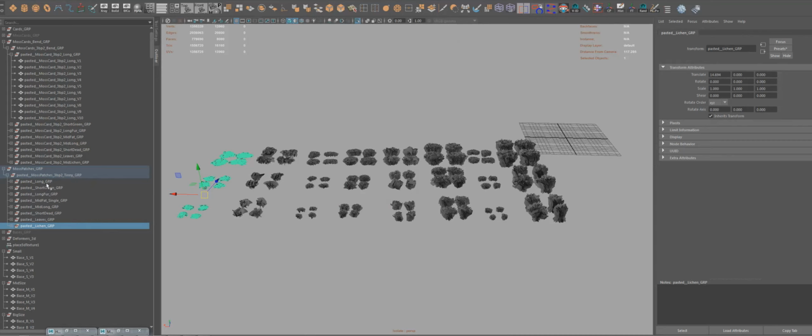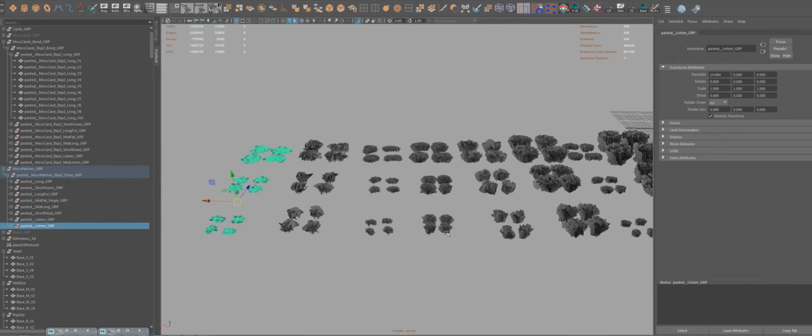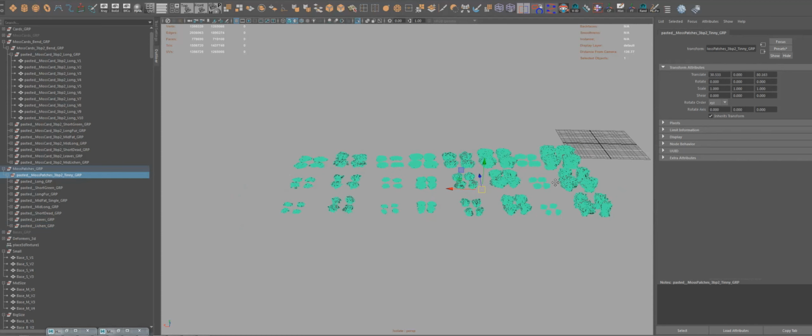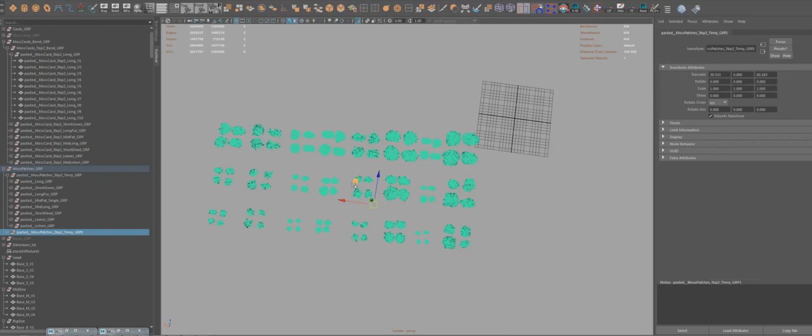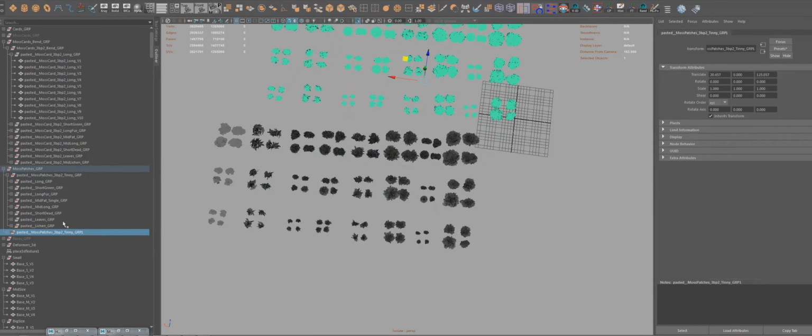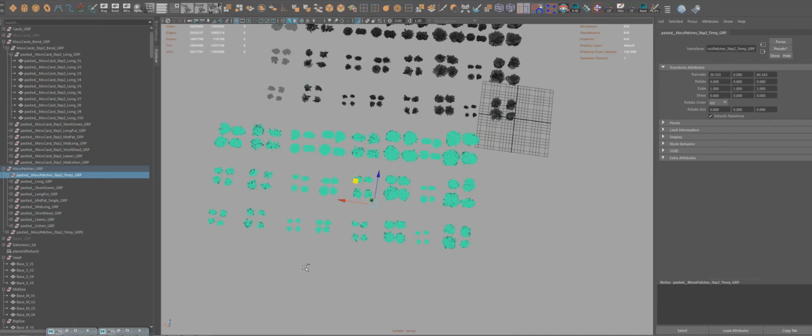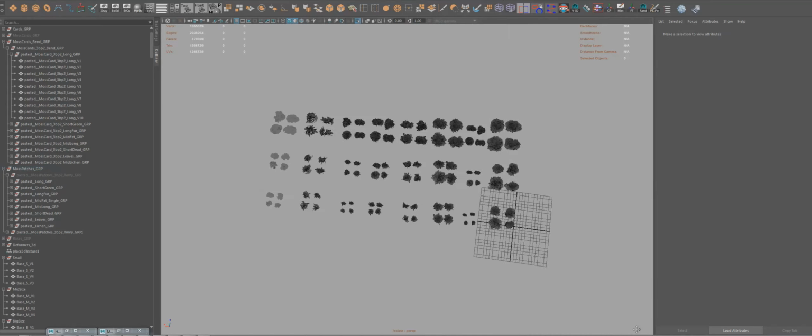It's easier to have it organized at this point. So I'm just going to grab the whole group and duplicate this. Okay, here as you see we have the copy or the duplicate, and I'm going to hide